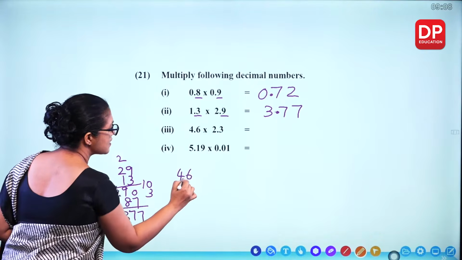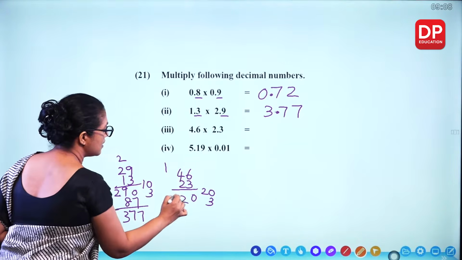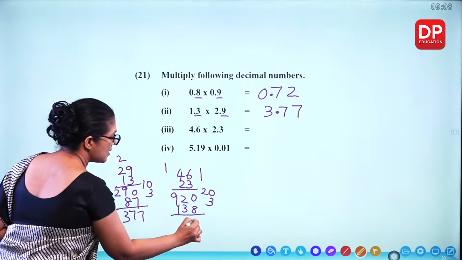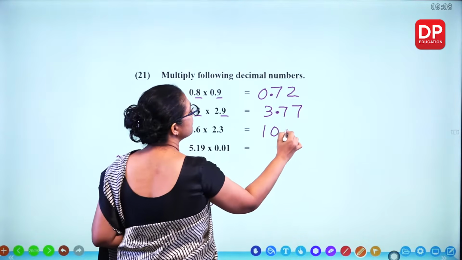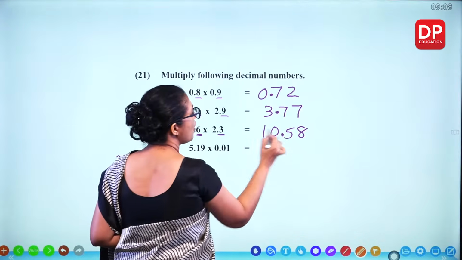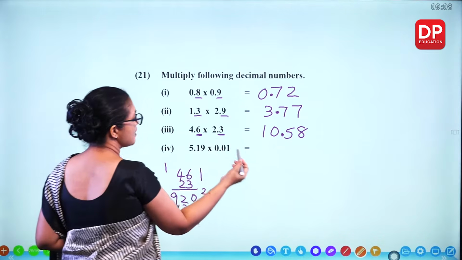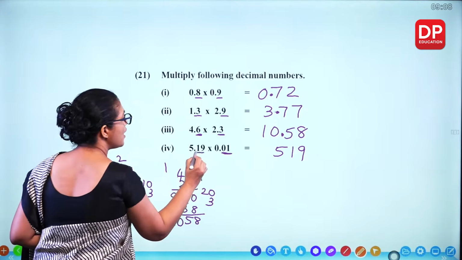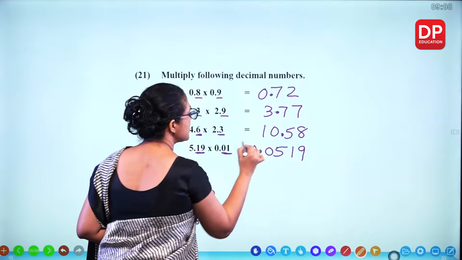46 times 23. First multiply 46 times 23. 20 and 3. 3 times 6, 18. 3 times 4, 12 plus 1, 13. So you get 1058. How many places do you have to keep? 2 places. So 10.58. This one, 519 times 1, 590. How many places do you have to keep here? 2 and 2, altogether 4. 1, 2, 3, 4. So the decimal point is here,